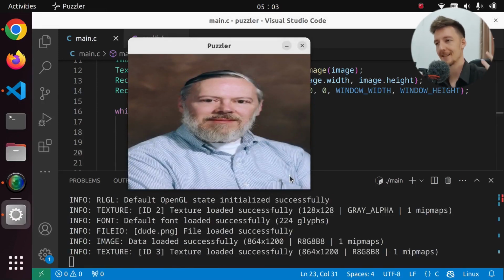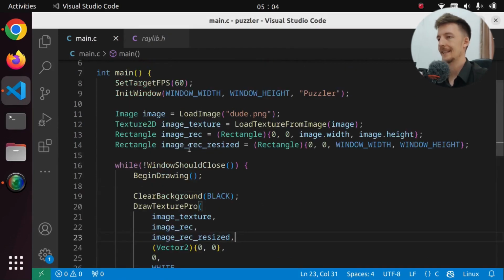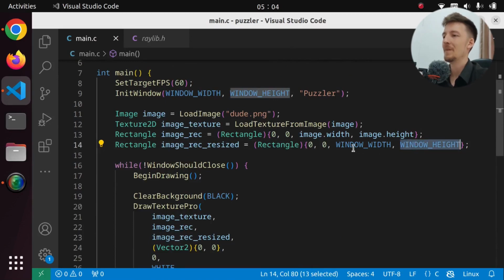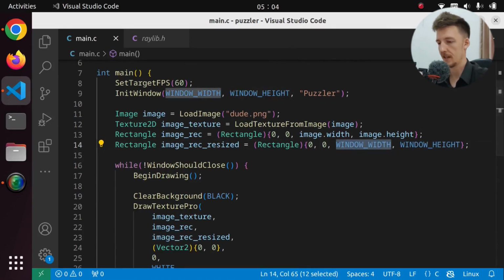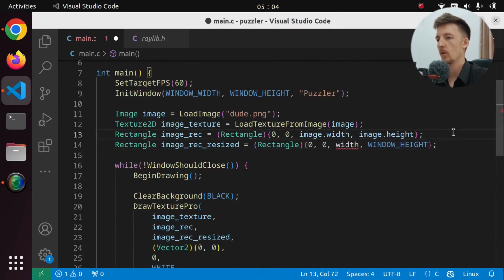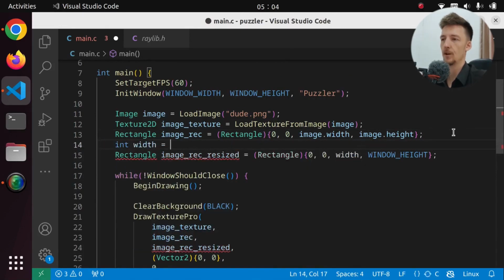We have resized the image, but as you can see, it's kind of stretched out. So instead of using the window width and window height, we should calculate the actual width of the image based on the window height. So let's do that. Let's say that the height of the resized image is the window height, but the width is going to be something else. Let's just call it width. And what is width? It is going to be the ratio between the original image's width and height. So image.width divided by